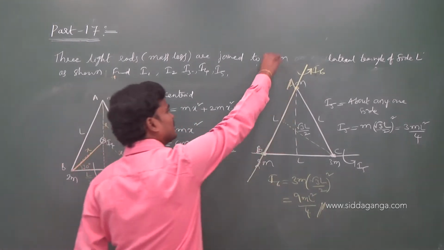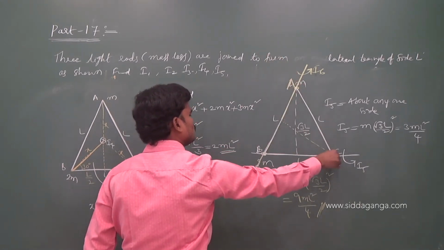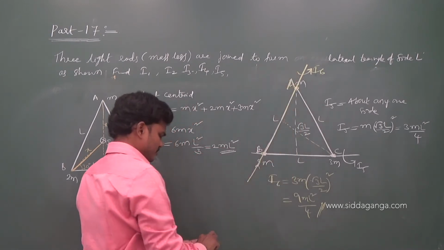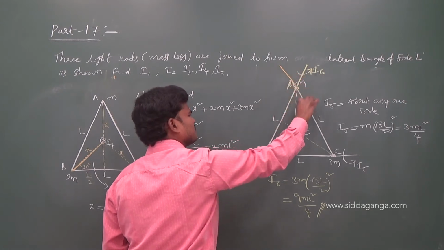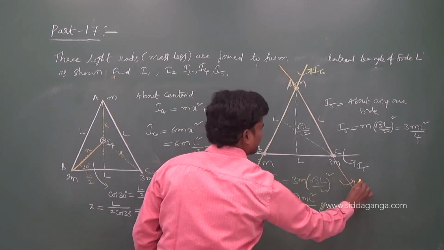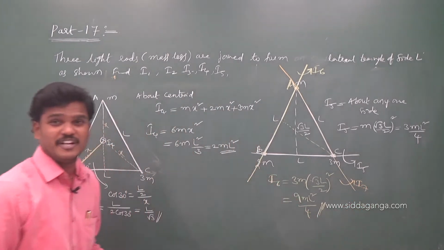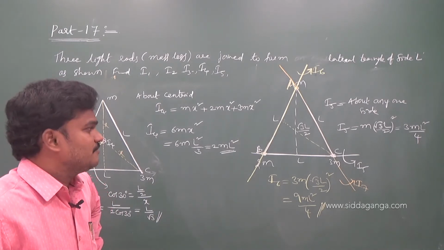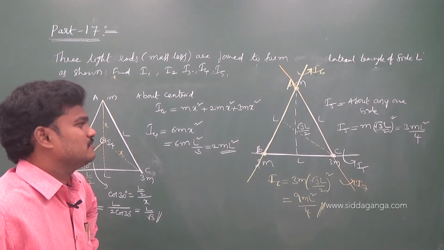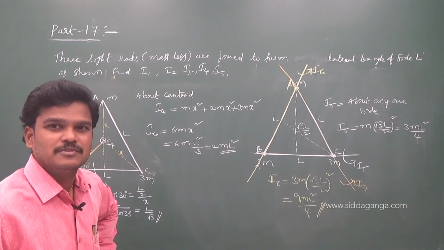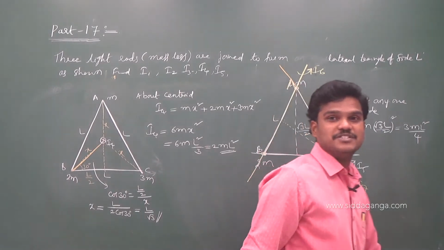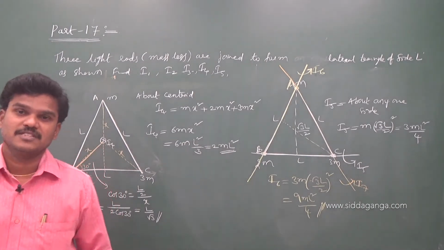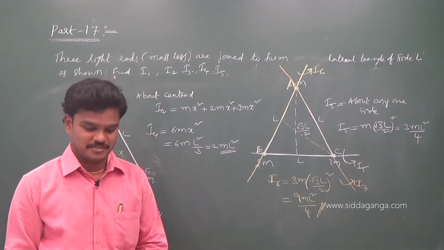If you want to find I7 like this, because of these two there is no moment of inertia, only 2m is at a distance of root 3 L by 2. You try. If they ask this I7, see the question, how many variations, that variations you try to understand. Generally first few students will feel some tough, but you practice like this so that you are going to get some confidence for JEE and other things. Don't feel problems as a tough, because physics is nothing but problems.